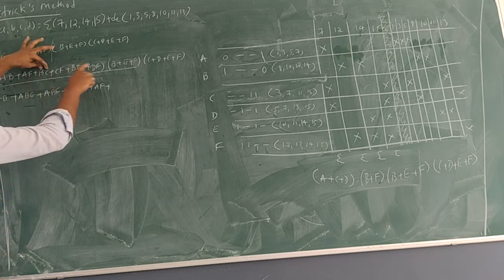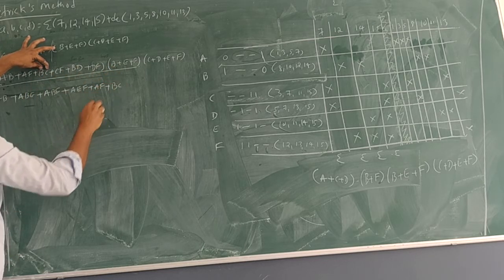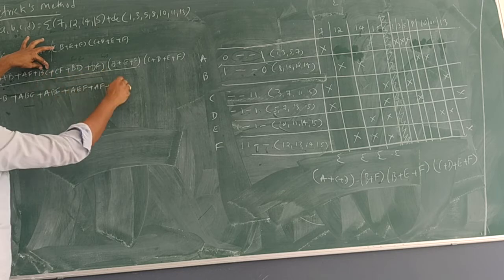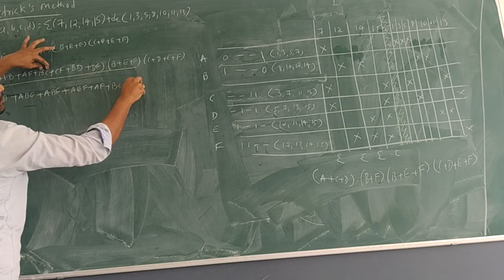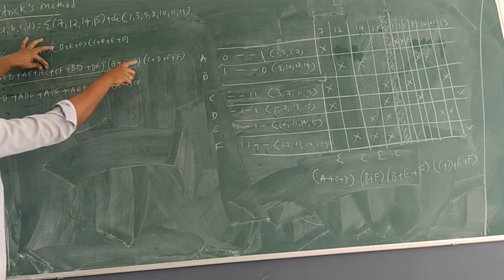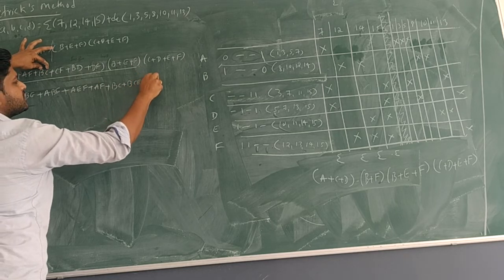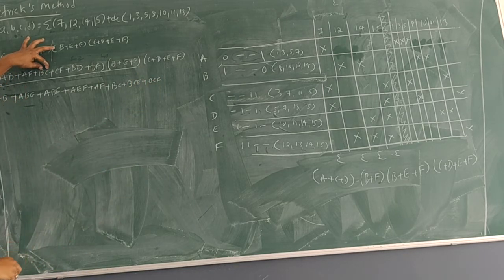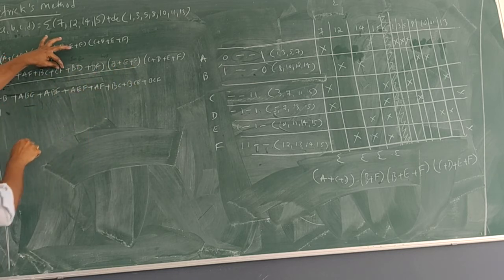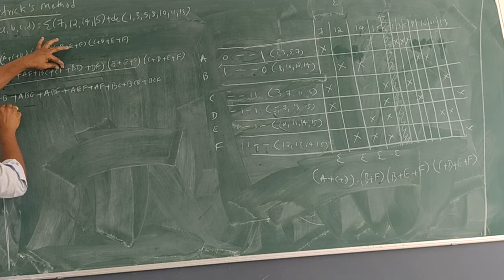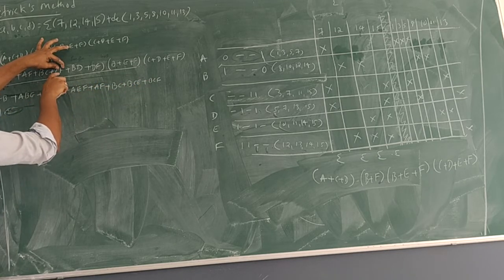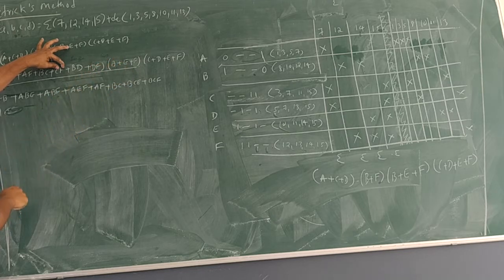Next, BC into B will become BC. BC into E will be written as BCE. BC into F should be written as BCF. Okay, that's it with respect to BC. Please continue. CF into B, which we used to write as BCF. Have you written? Not yet. Okay, we have written it now. So I will cancel this, because just now we wrote CF into E, CEF.